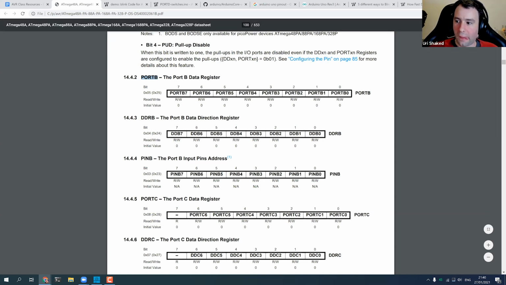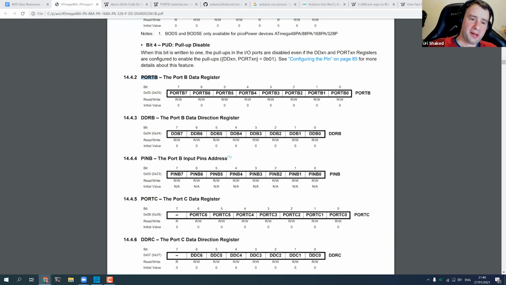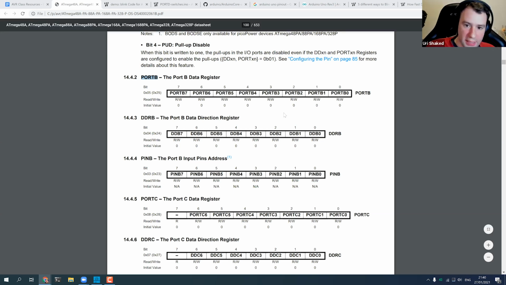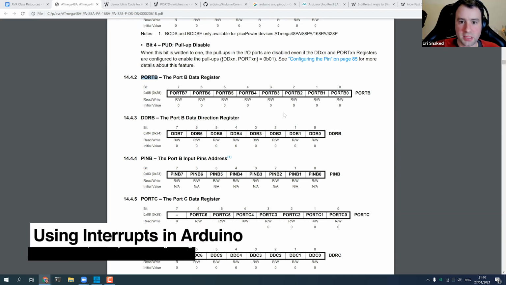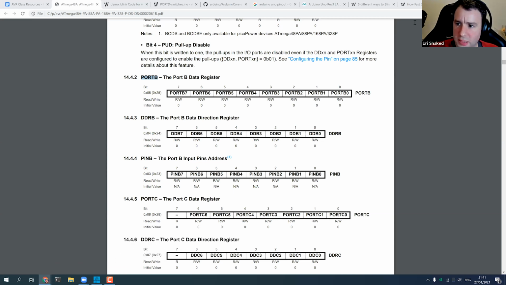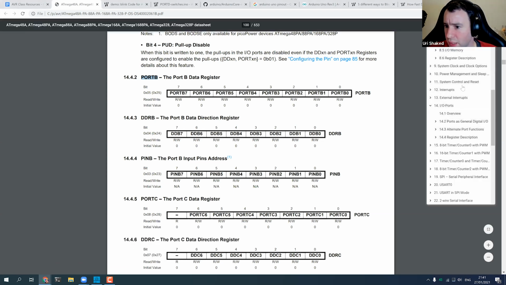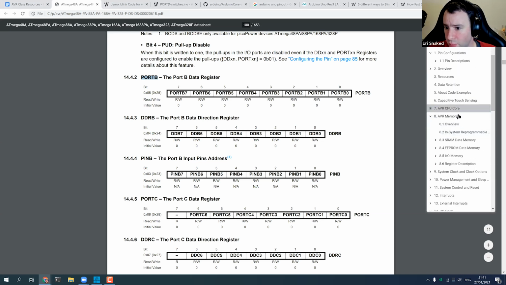Now, the next thing we will talk about also has something to do with the GPIOs. We are going to talk about interrupts, and interrupts are basically the way for the processor, the microcontroller, to let us know that something has happened. We can see the list of all these supported interrupts somewhere. Actually, I don't remember where it is.